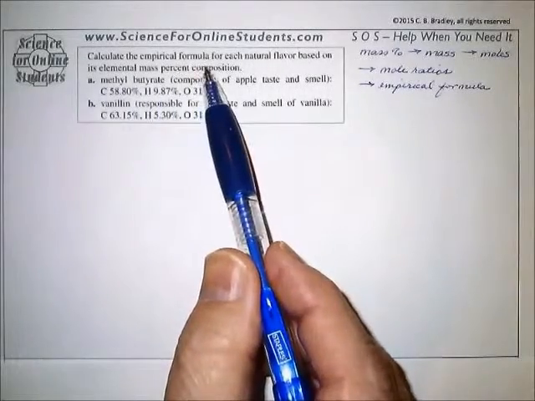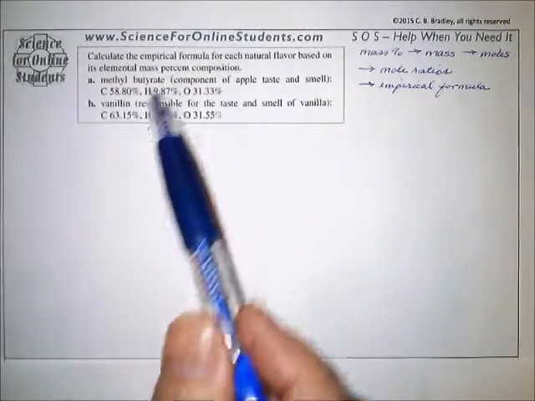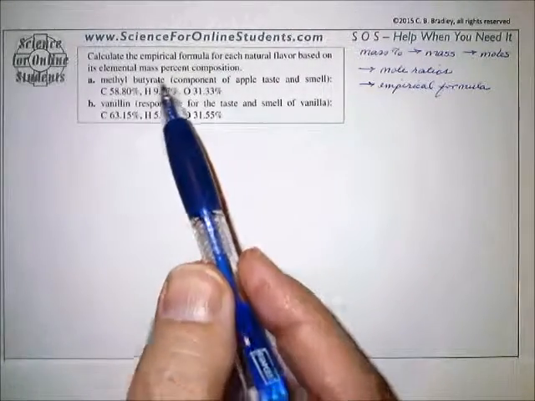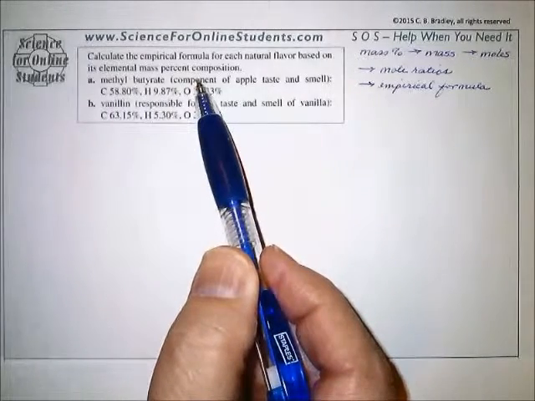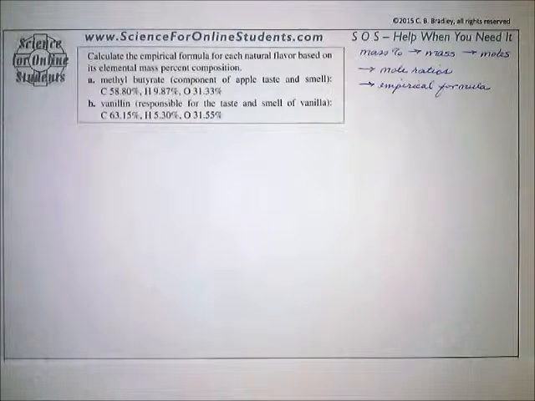Calculate the empirical formula for each natural flavor based on its elemental mass percent composition. Recall that chemical formulas are mole ratios of the elements that make up the compound. So we need a logical sequence to go from mass percent composition to that mole ratio from which we can